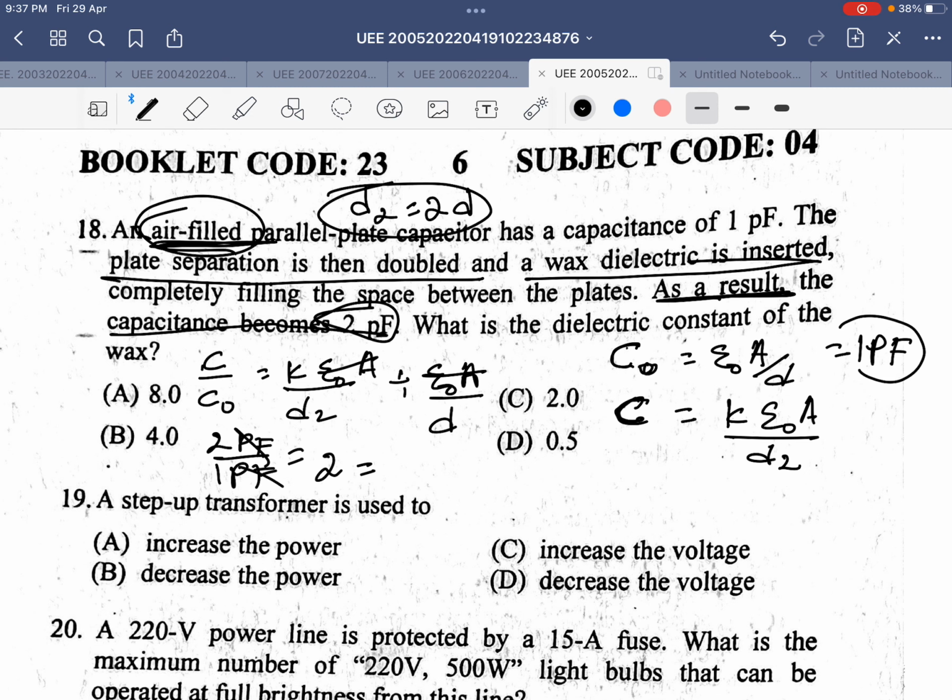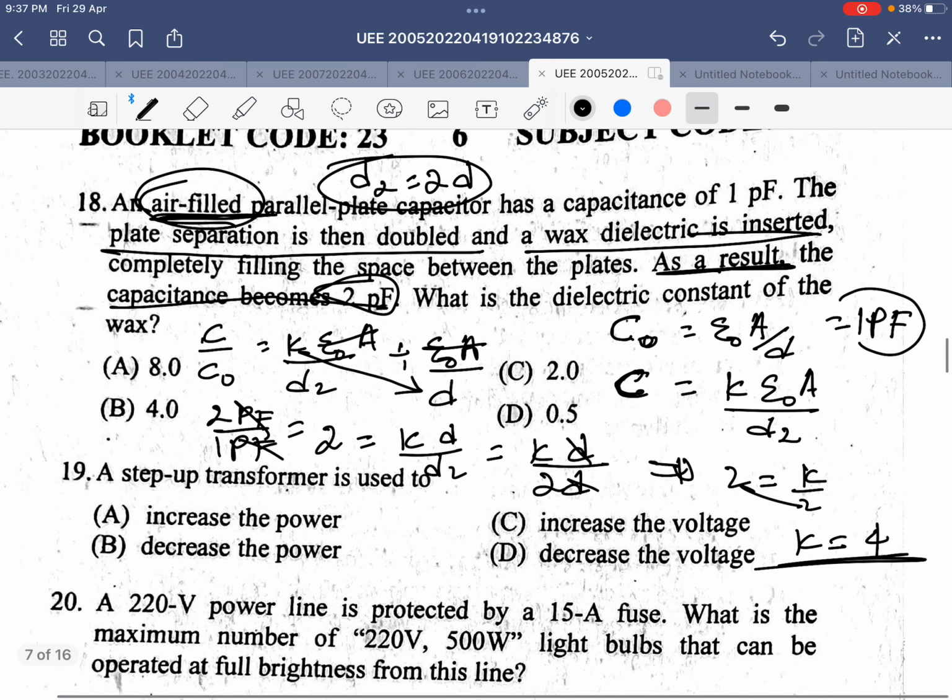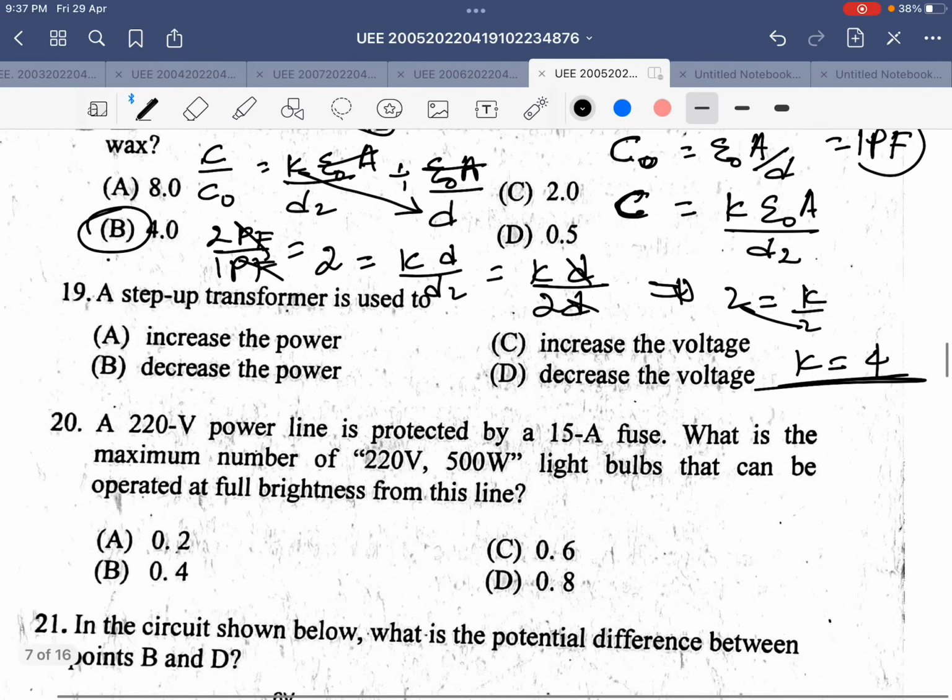አሁን ኬን በዲ አባዙት። 2 is equal to K, D2 KD over D2 is equal to K times what is D? It is this, and D2 is twice of D, 2D. You cancel this. Now 2 is equal to K over 2. K is equal to ክሪስክሮስ እናደርግ 4 ይመጣል ማለት ነው። እና ዳይኤሌክትሪክ ኮንስታንቱ 4 ነው። መልሱ ቢ ነው ማለት ነው።